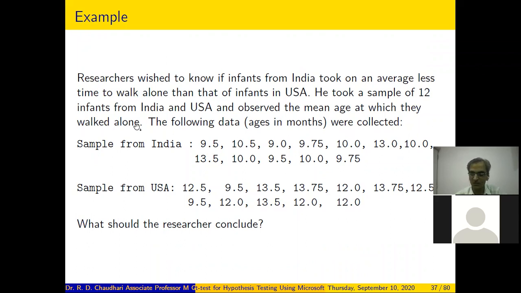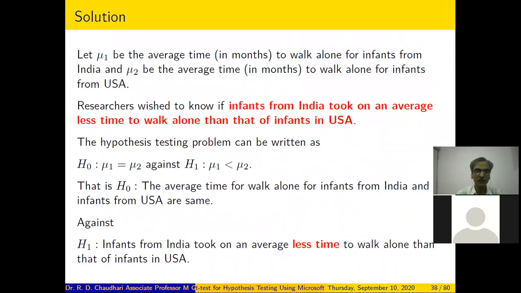As you know, we already have this data in the Excel sheet. Let mu1 be the average time in months to walk alone for infants from India, and mu2 be the average time in months to walk alone for infants from USA.